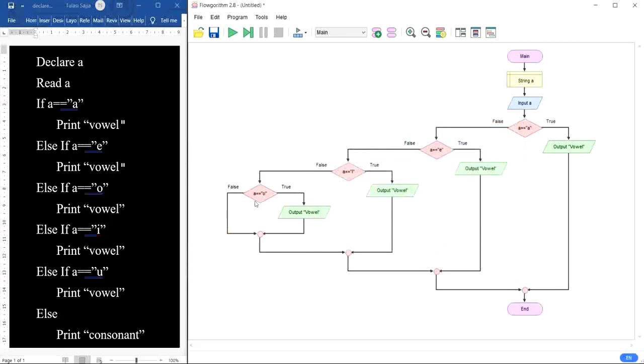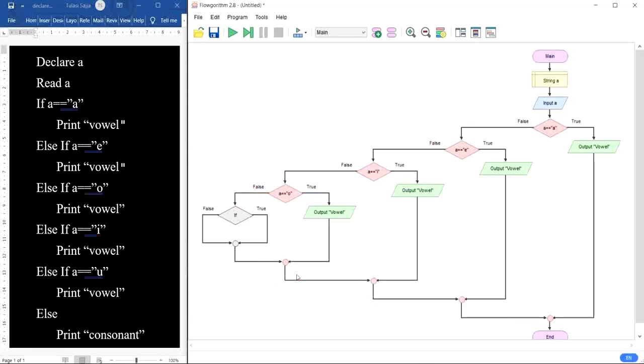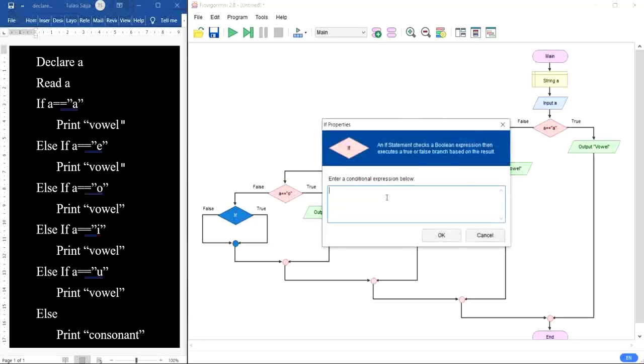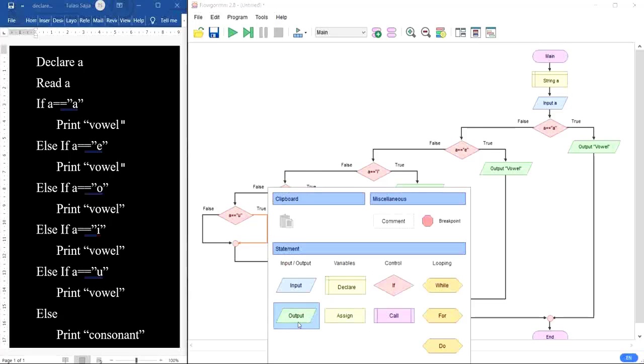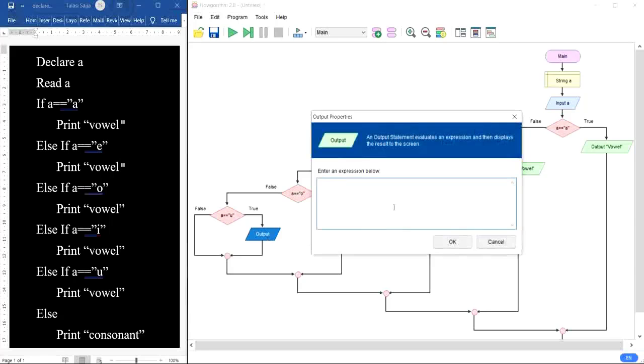If the entered character is not A, E, I, O, then we check whether it matches another vowel, that is U. If the entered character matches U, then it says it is also a vowel.